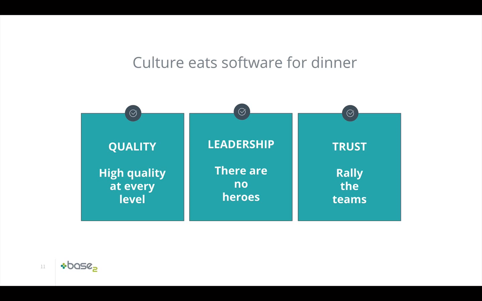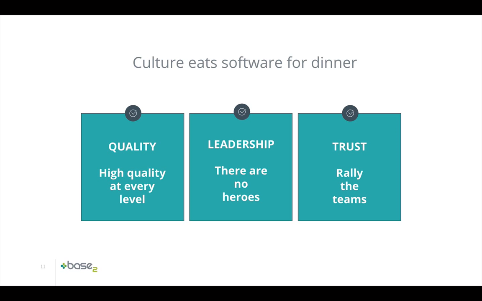If everyone owns that, if that's their first priority, then you'll find over time that your developers cut code with that concept in mind. It cuts down on the defects. Your QA team is a lot more collaborative. Your dev team interacts well with them. And that actually aligns with one of the other pillars of culture eating software for dinner as it relates